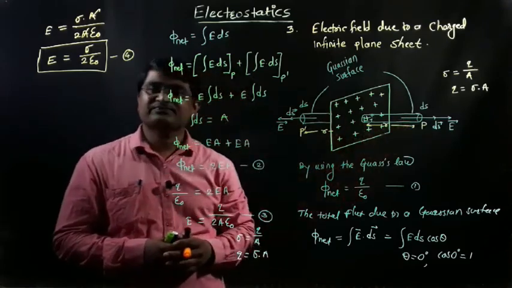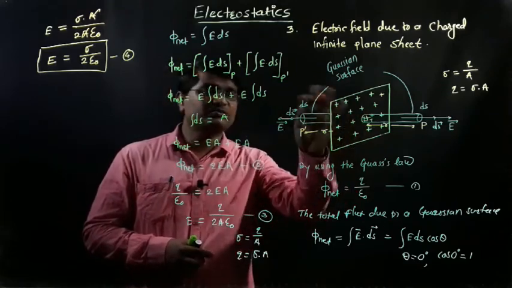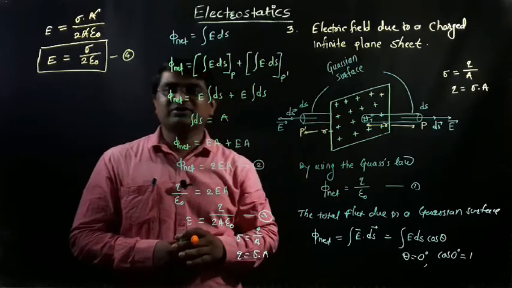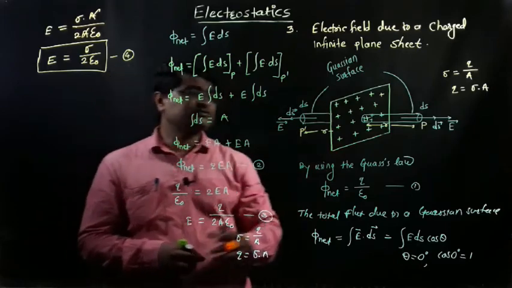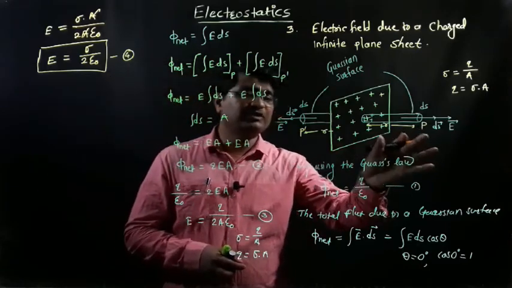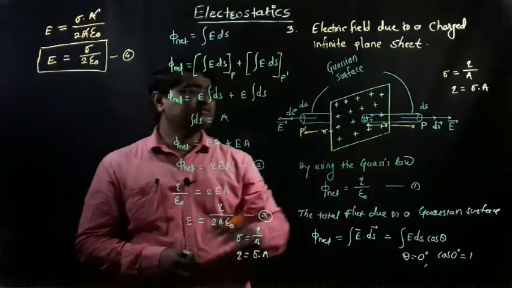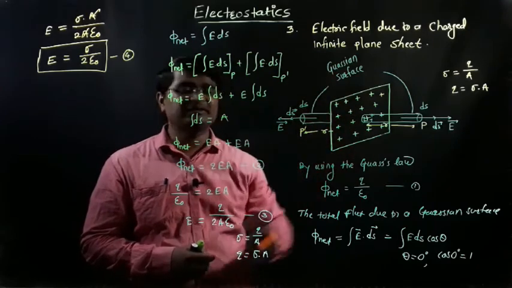Then we can draw the Gaussian surface. Because we know that the electric field is produced on both sides of the plane sheet, that's why we consider another point P dash at the same distance r from the plane sheet. So we can find the electric field intensity at the points P and P dash, at a distance r plus r, that is 2r. After that we draw the Gaussian surface. So this is the Gaussian surface on two sides of the plane sheet.